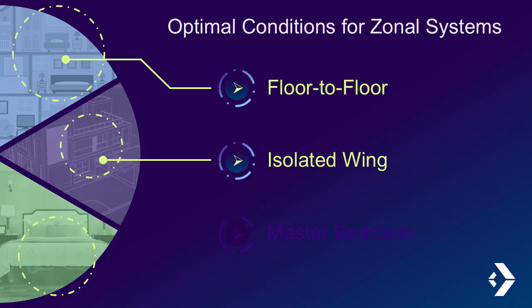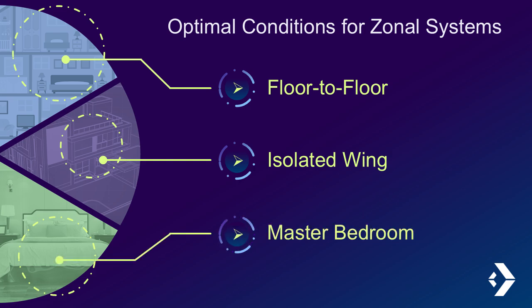Homes with an isolated wing or an above garage apartment are ideal to set up as their own zone, and you can avoid the long extended duct runs otherwise needed. Master bedrooms are a great space to give their own compressor and ductless head, giving the customers ultimate control over